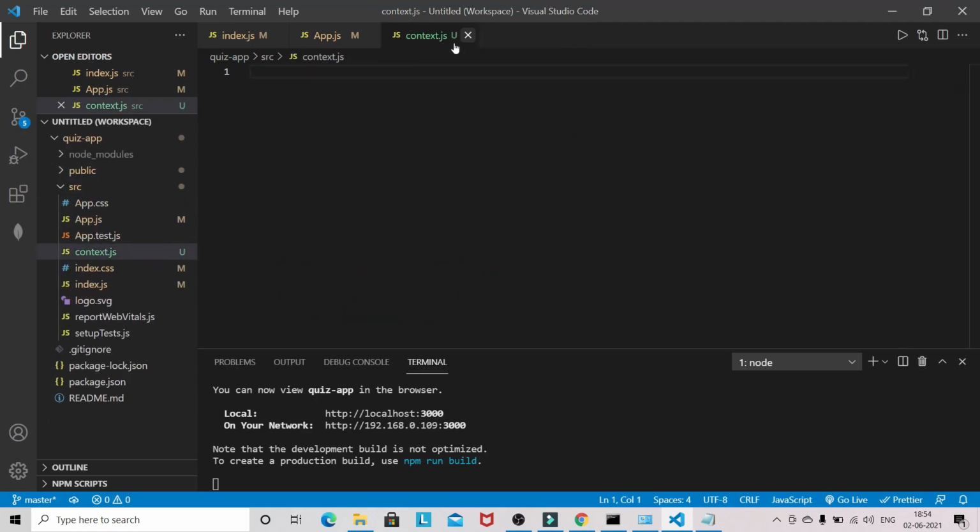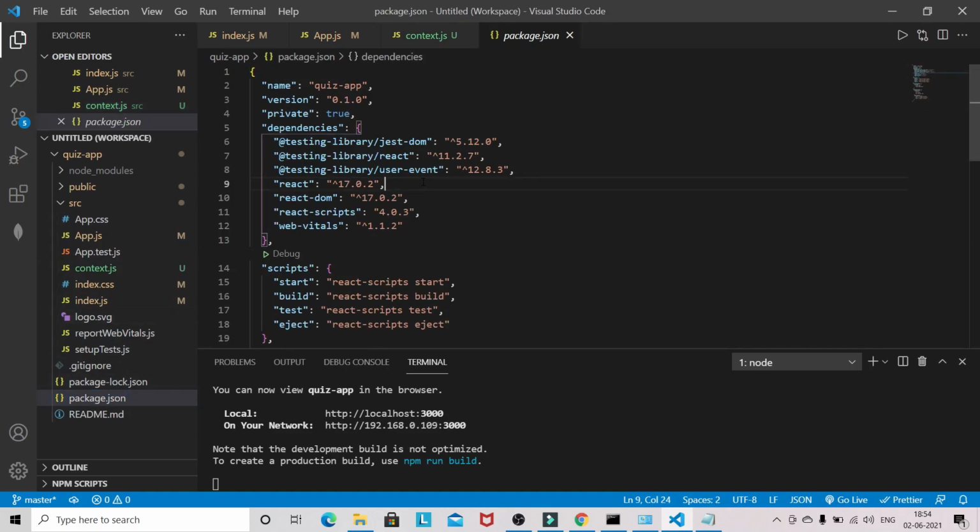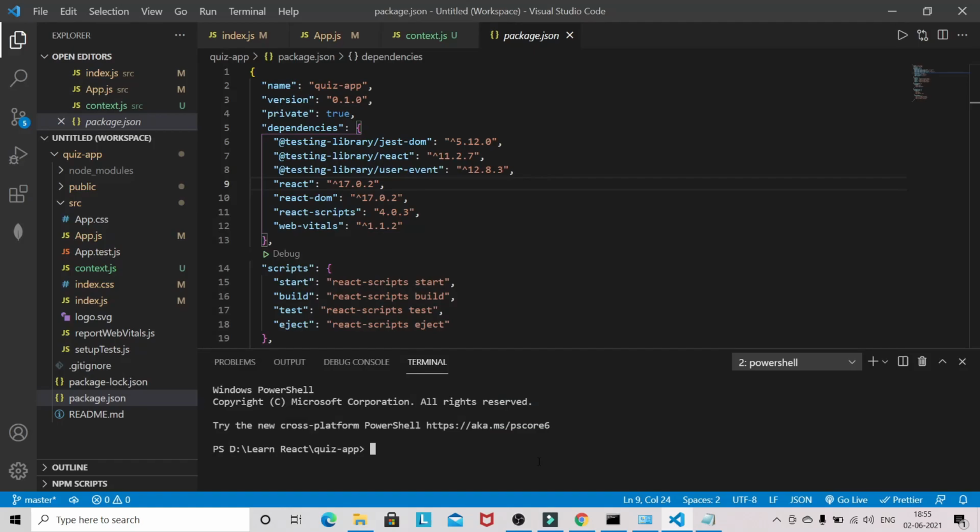In context, you also need some packages. The package you need is Axios, so you have to install Axios. We will install the package Axios here. Okay, I have installed the package Axios.